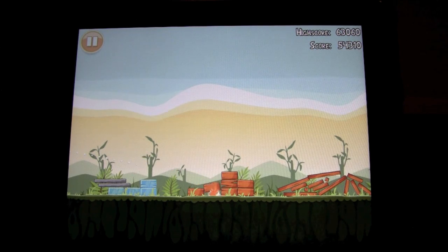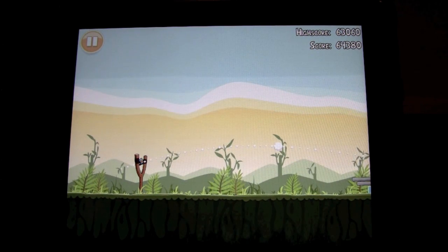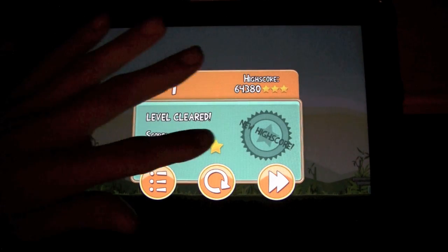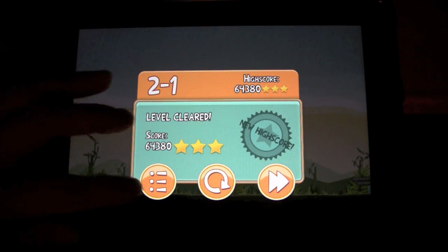And there you go, that's how you play the game. As you can see, I'll probably get 3 stars. There, I got 3 stars. And that's pretty much the point of the game, is to get as many stars as you can. Once you beat the game, that's pretty much your next objective, to get all the stars you possibly can. The more stars you get, different kinds of rewards and bonuses and stuff like that. And then